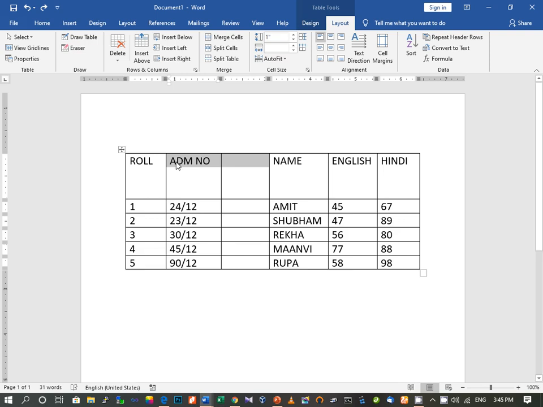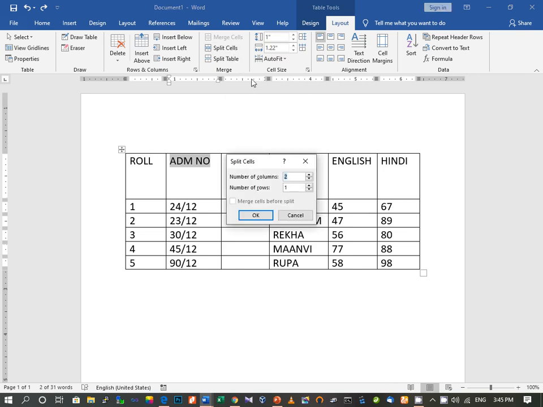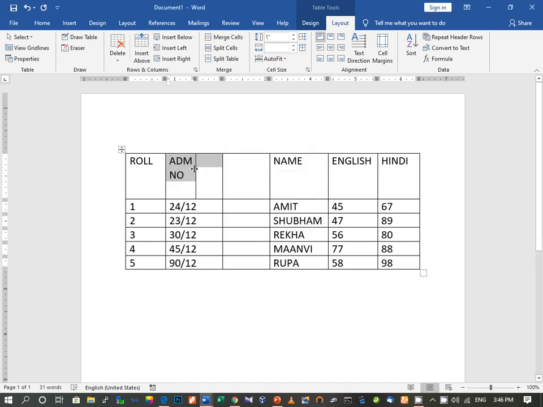For that I will select this cell, and here we have the split cells option. When you click on this, Word will ask how many columns and how many rows you want to split your cell into. I want to divide this cell into two columns, so I will select two columns and one row. When I click OK, you can see that Word has split this cell into two parts.